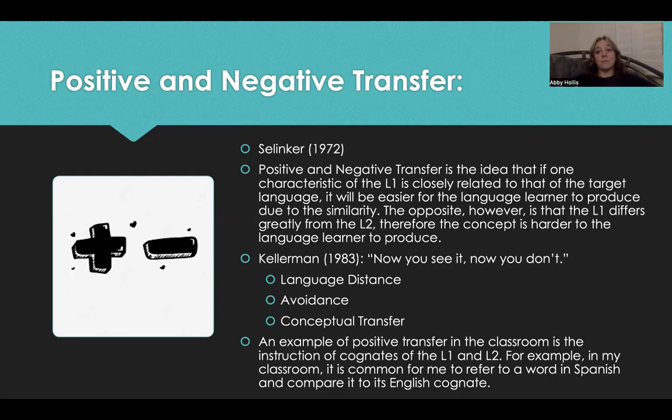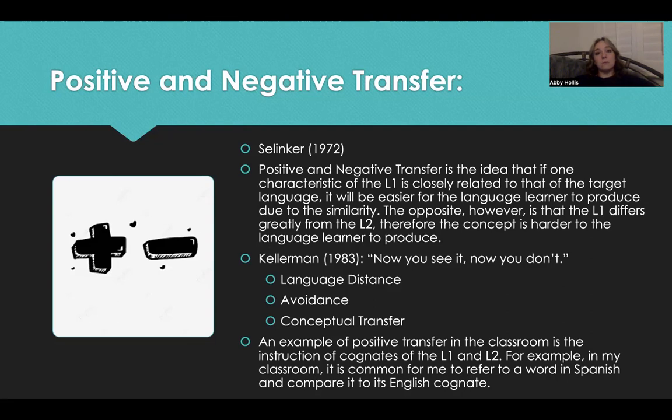There's so many more aspects, such as verb and noun agreement, feminine and masculine agreement, plural agreement. The word order changes sometimes. And so that's a whole new thing that we as second language learners have to learn. And so the idea behind positive and negative transfer that was developed by Selinker in 1972 is that positive transfer